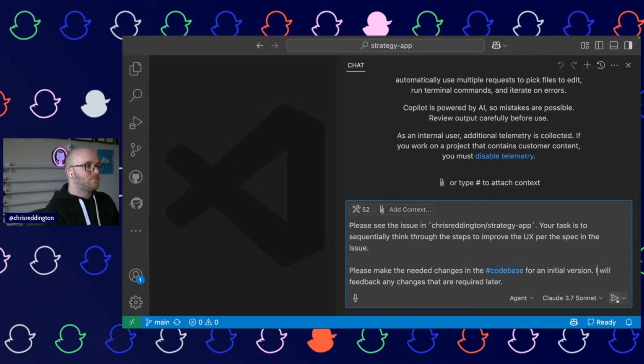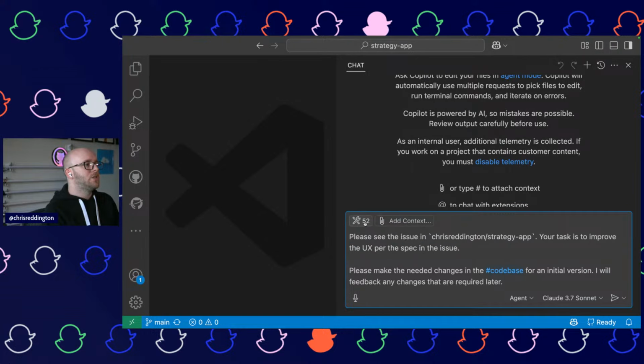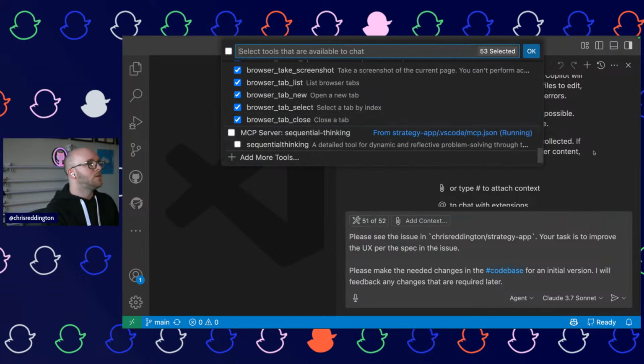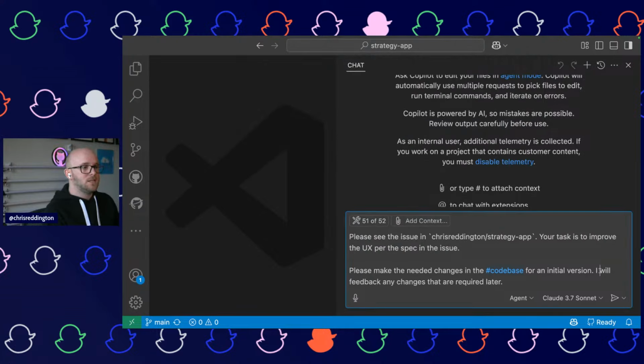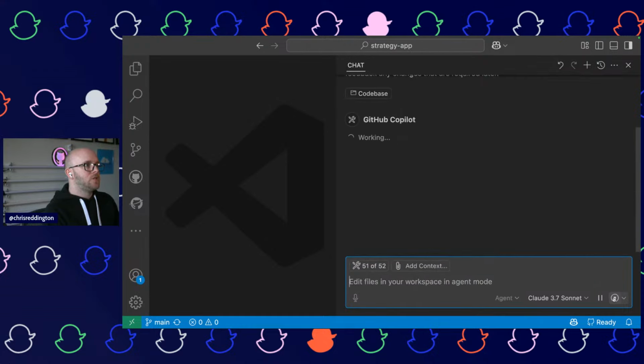Let's try that out. I'm not going to sequentially think through because I don't think we really need that on this one. Your task is to improve the UX per the spec in the issue, and I'm just going to turn off that tool for now, just so it definitely doesn't use that one. Right, let's go.